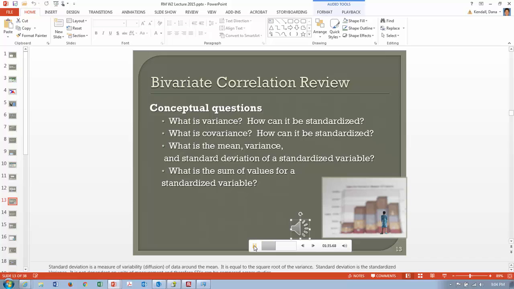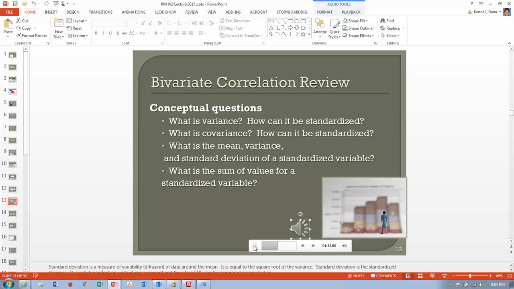So variance, remember, is tied to the metric, the specific metric of the study. And so we can't compare variances across studies, but we can compare standard deviations. And that's wonderful because it just gives us a great index of variance that we can use when making those